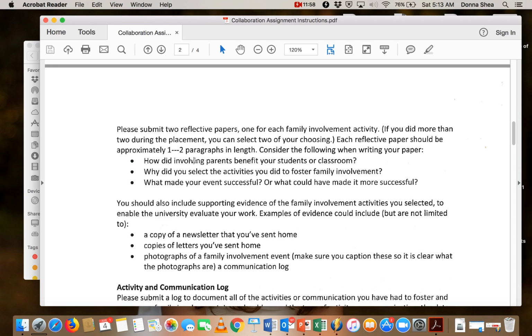Maybe you send notes home with students. You try to do that for each student once a week. And believe me, it goes many miles if you will find something positive to say about every one of your students. If little Johnny is a behavior problem and you need to send home some more negative remarks or information about little Johnny, find something positive,